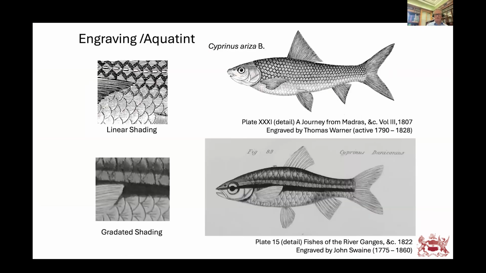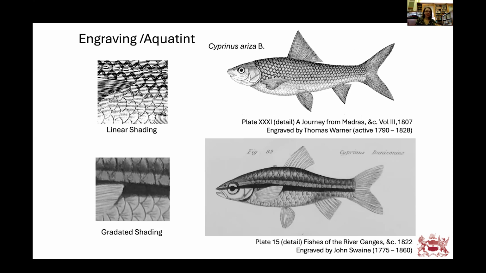So, yeah, the process of translating these really delicate watercolor fish images to the final printed book uses aquatint. And it's a very sympathetic printing method with which to translate the watercolors. So in this slide, it's just to show you the contrast between an earlier version of a fish, which was